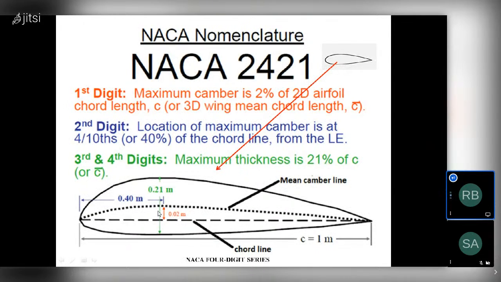Okay, so that will give you an idea about the location of the camber. It means your camber will be located from the leading edge to 0.4 meter. In that range, from the leading edge to 0.4 meter, you will be able to find the location of your maximum camber. Okay, so like this only,